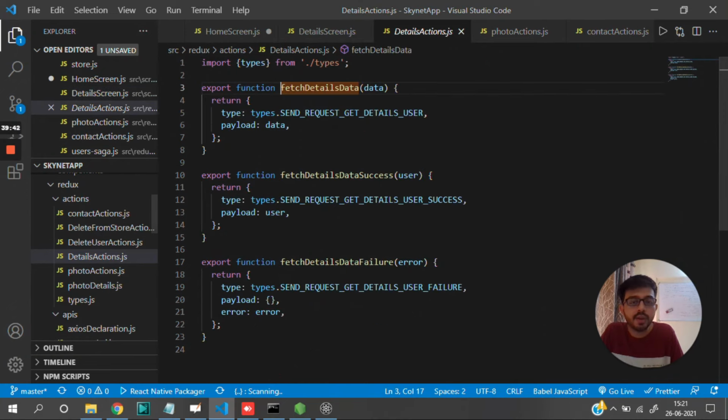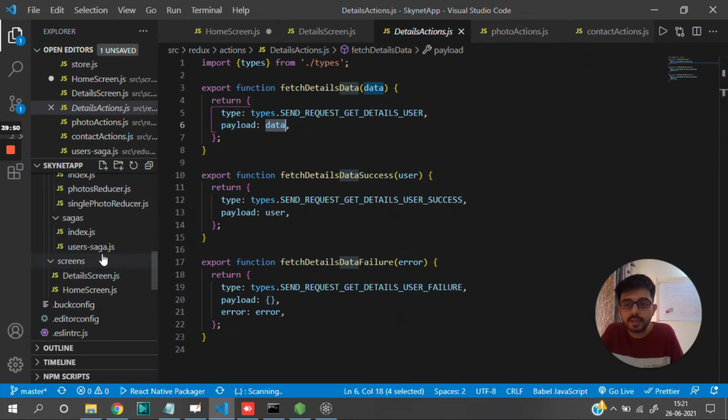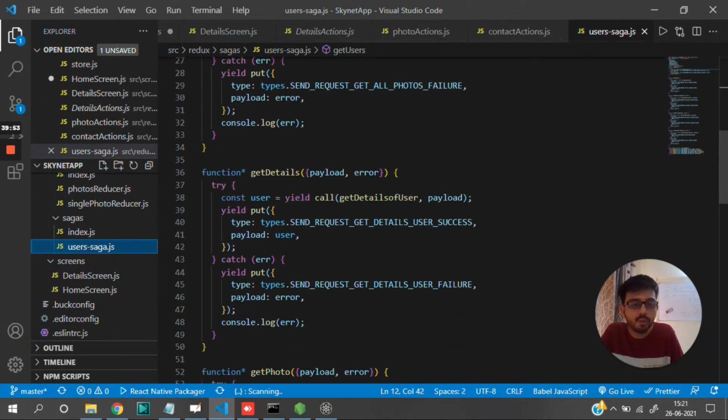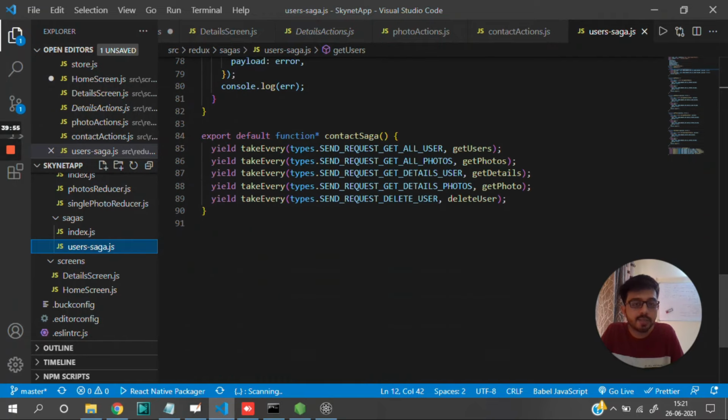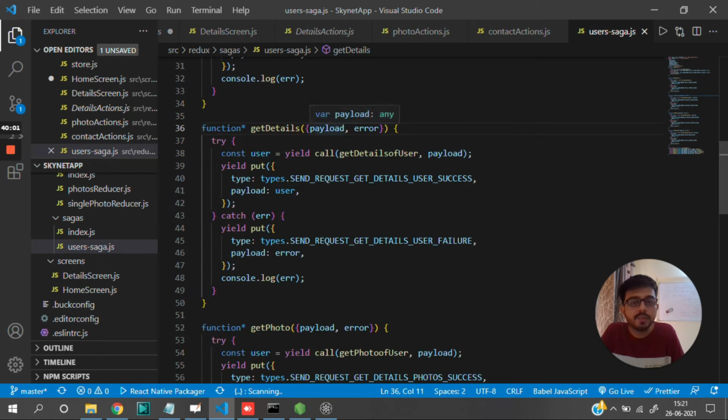And I'm passing that payload to the action. So once this action is dispatched with the data, it basically goes to the Saga, and the Saga checks what I have to do whenever this action is being dispatched. So once this action is dispatched, I go to the get details function, and inside this you call